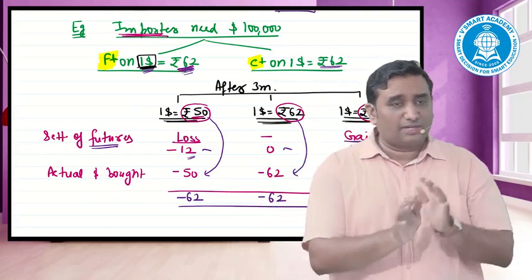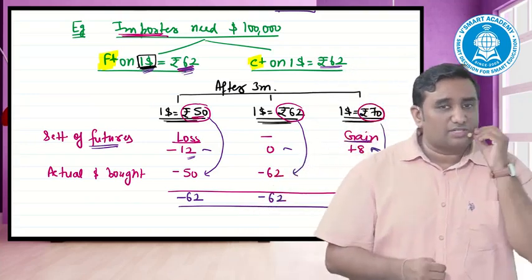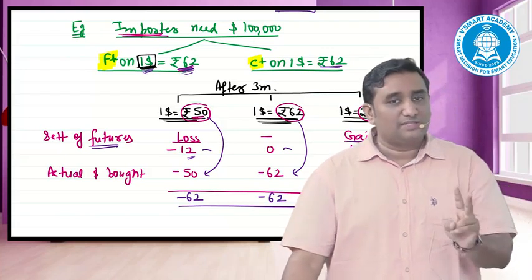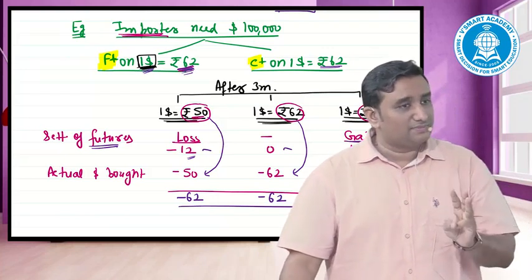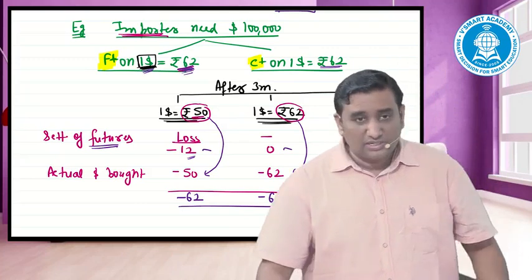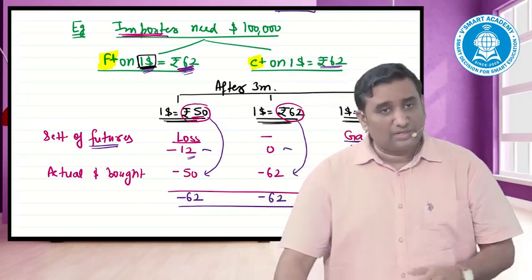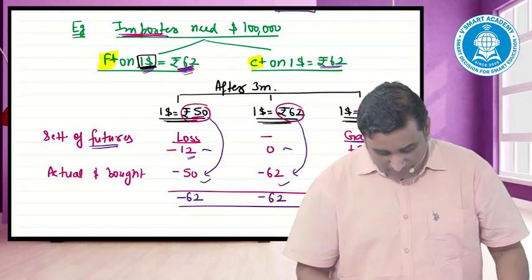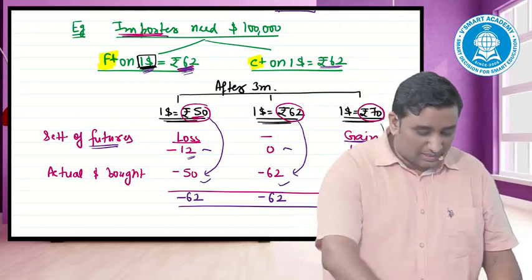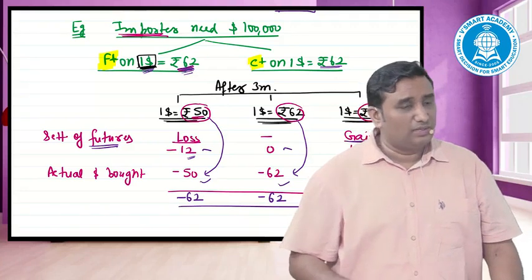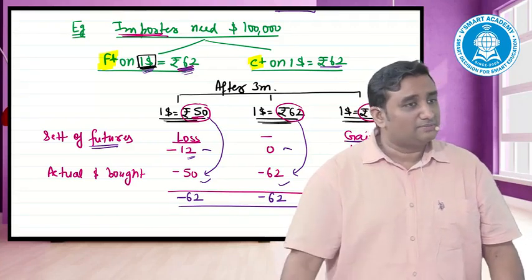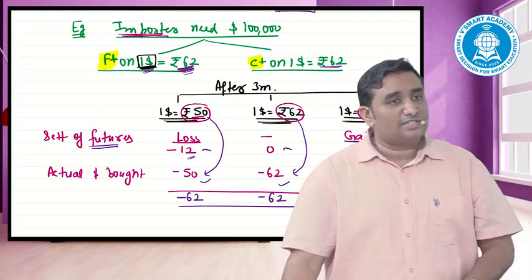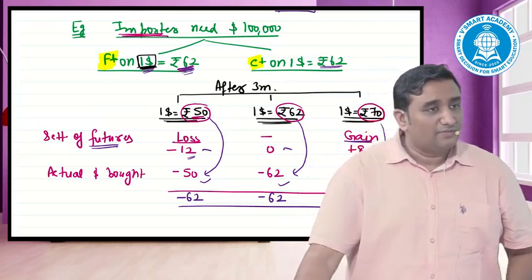Now that is the option market. First case will lapse because the rate was 62 and rate became what in the market? 50. Option would lapse. Second case it's indifferent. Third case gain. Gain of how much rupees? 8 rupees comes in. Now when I go to the market and buy out, my costing again comes what? 50, 62 and 70. In the last case, 70 rupees is my outflow. 8 rupees compensated by the option market. My net cost will come as what? 62. First case, my net cost will come as 50.